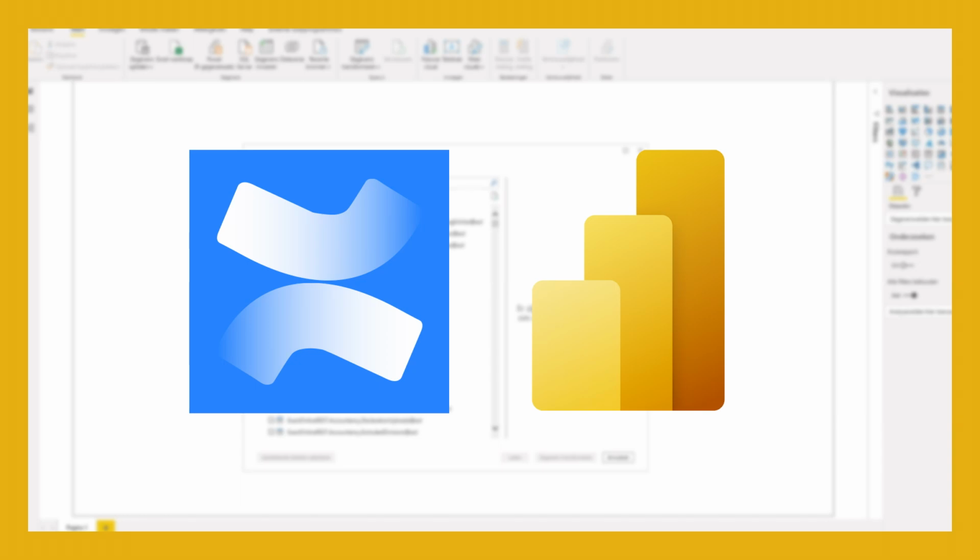In this video I will show you how you can add a Confluence database and import Confluence data into Power BI using the Confluence Power BI connector from Invantive Cloud. You do not need any technical knowledge to use our connector. This tutorial works for both PowerBI.com and Microsoft Power BI Desktop.